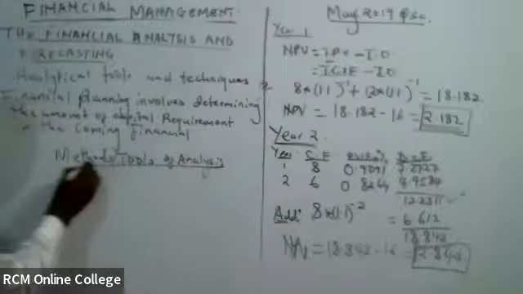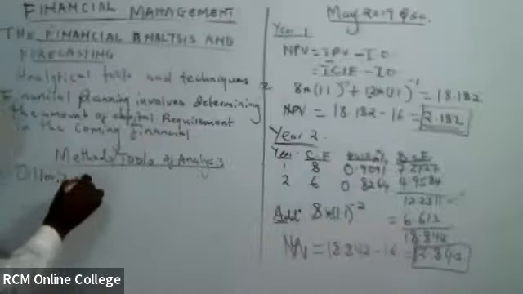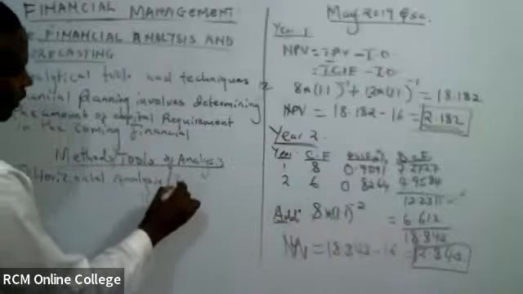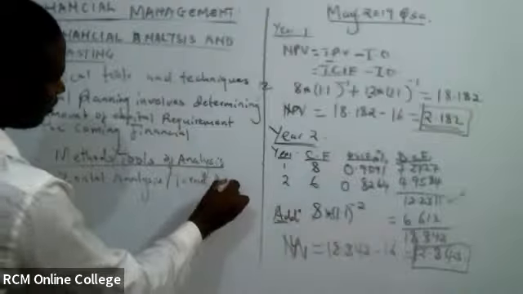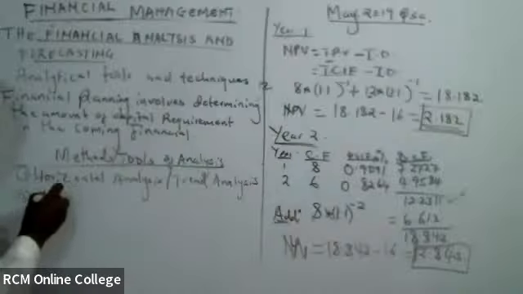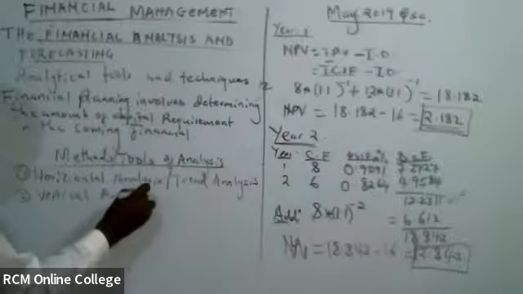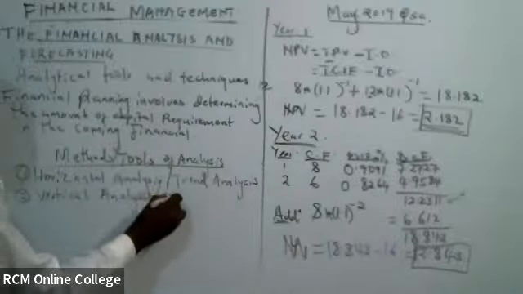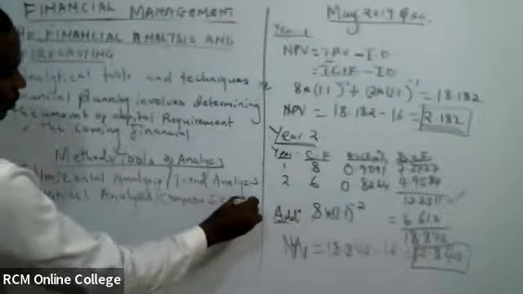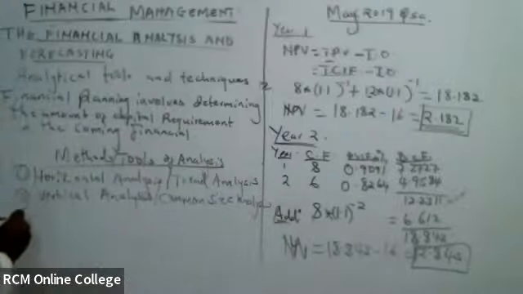Analysis. So we have one, horizontal analysis. And we have said horizontal is the same as trend analysis. Tuko na vertical analysis. Vertical analysis. And vertical is the same as common size analysis. Common size analysis. Then we have number 3, this is ratio